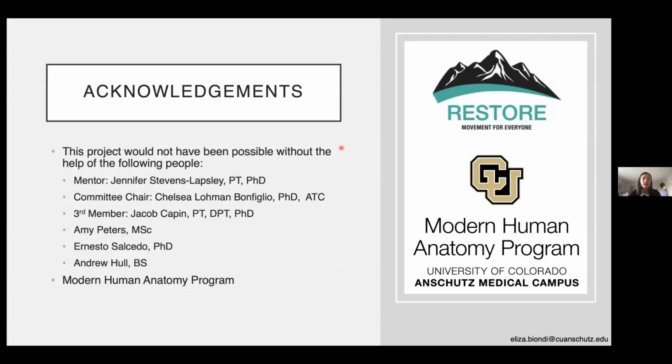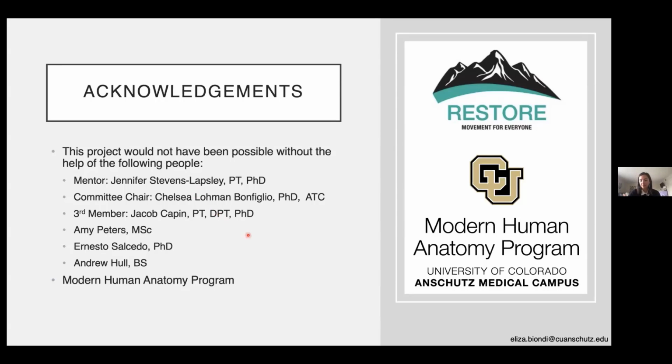To begin, I would like to acknowledge the following people who have helped me and supported me and given me guidance throughout the last year on my project. My mentor, Dr. Stephen Lapsley, my committee chair, Dr. Loman Bonfiglio, my third member, Dr. Capin, as well as Amy Peters, Dr. Salcedo, and Andrew Hull, and of course the entire Modern Human Anatomy program, specifically Jennifer Thurston in my class of